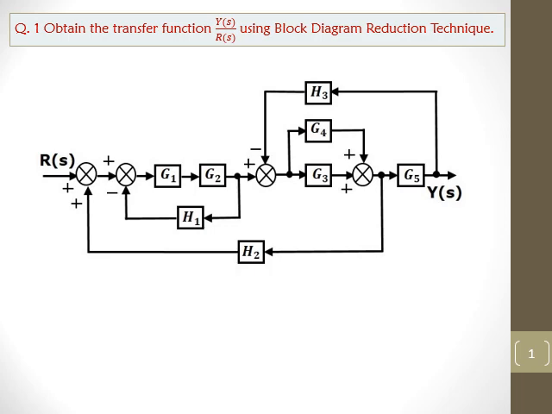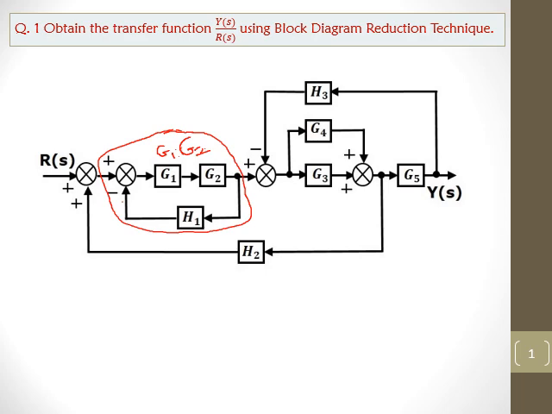Okay. So look at this block diagram. Here the numerical is given. So we have to apply the rules in such a way that the blocks will get reduced. Okay, so we will try to reduce the blocks. So look at this. You can see here, this is the rule which we have studied, eliminating the feedback loop. You can check that here negative feedback is there and these two blocks are connected in series. So we know that the resultant of these two blocks will be G1 into G2. So that block will be across H1, that is the feedback loop.